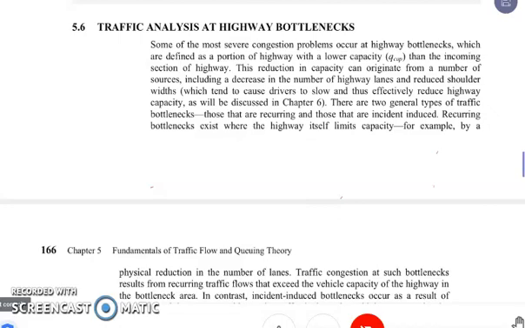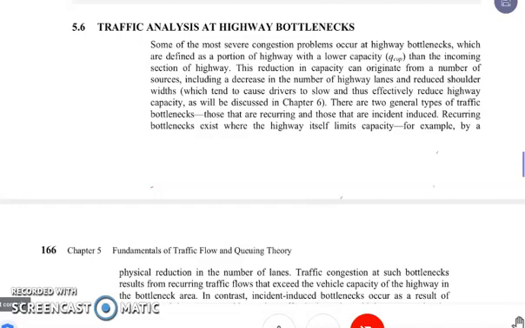Now we move on to traffic analysis of highway bottlenecks. The most severe congestion problems occur at highway bottlenecks. A highway bottleneck is defined as a portion of a highway with a lower capacity than the incoming section